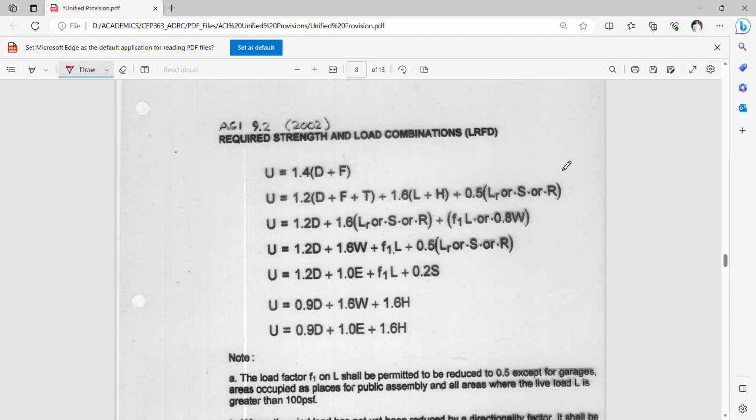Perhaps in this premise, they wanted to make a shift from strength design approach to LRFD approach